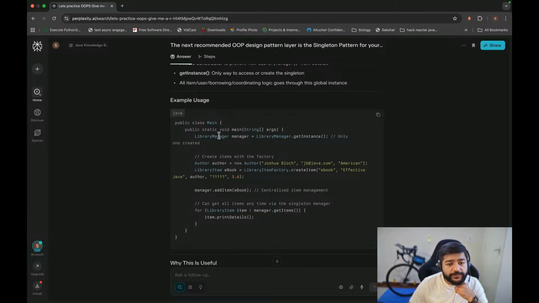So here is the manager. It will have a get instance function which will return the library manager instance, and no matter how many times you call it, it returns the same object back. That's the whole idea behind Singleton. Creating item with author factory, which is fine. Then manager dot add item ebook. Got it. So you can create the books, but when you want to add it to the library, you need to use the manager. Okay,